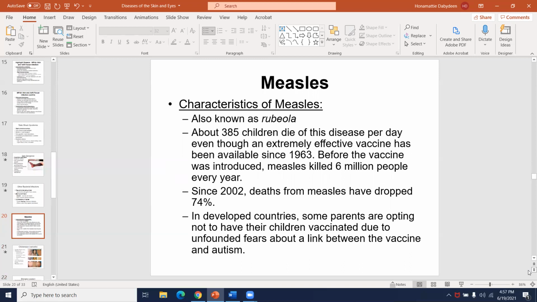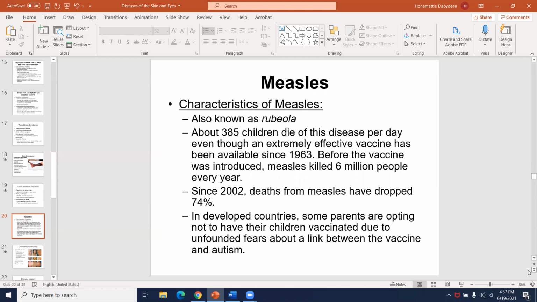Another thing I'd like to mention as a group is a group of viral diseases that have as a major symptom some sort of a skin rash. And measles happens to be one of them, also known as rubeola, caused by a virus. And although it may seem like measles is not that big a deal in the United States, at one point